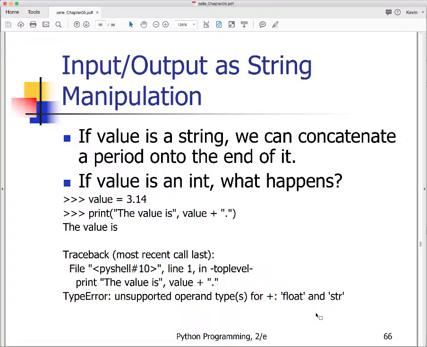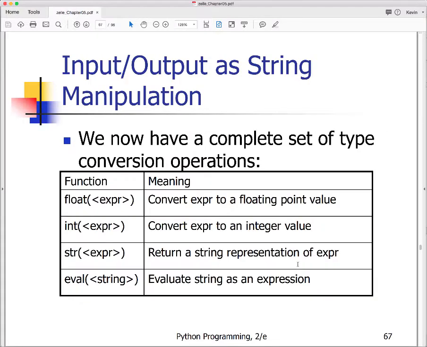Slide number 66 shows you what goes wrong if you didn't call the str method with the value. It thinks that this is addition, and it doesn't like it. Okay. So we now have a complete set of conversion operations